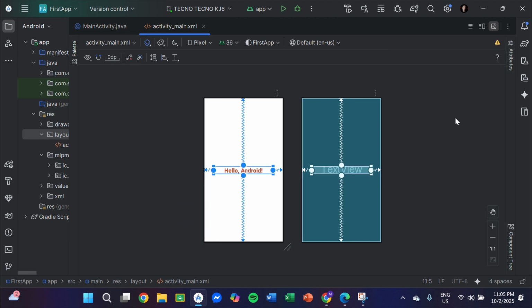And then we have also the toolbar, which is located above the design canvas. This one is the toolbar. An example of it, or part of it, is the orientation of our screen.